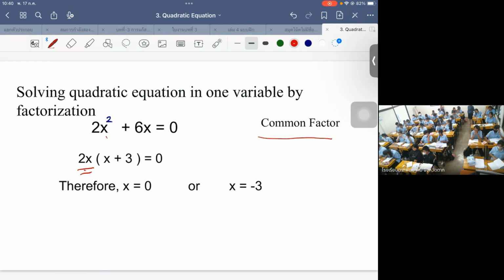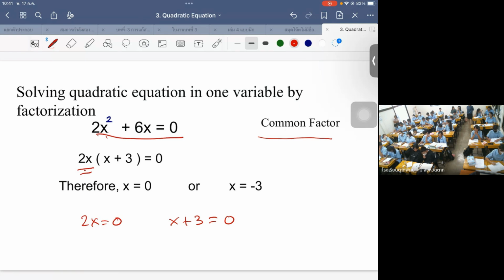So by doing the process earlier, we just separate them. Again, so we have 2x is equal to 0. And then x plus 3 is equal to 0. That's why the answer is x is equal to 0. And then x plus 3, transpose again. So it becomes negative 3. So that is the importance by using common factor. So if you notice the equation have a common factor, process it into doing a factorization to separate them.